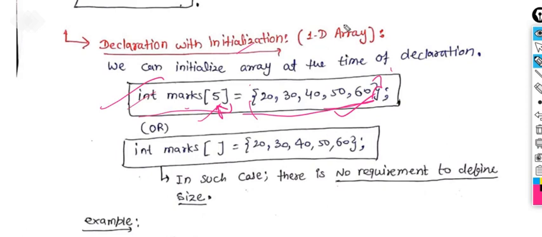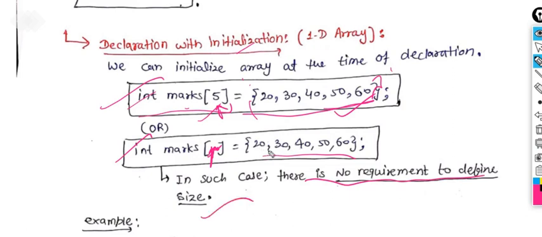This is in the case of the one-dimensional array. One more thing that you can mark over here: the same thing I am representing without writing any size of the variable. First thing, it is not mandatory to write the size of the array variable here. It is totally optional. If you are writing it, you are restricting the elements to insert into that variable. If you are not writing it, you are not restricting the values. You can assign any number of values here in the marks variable.